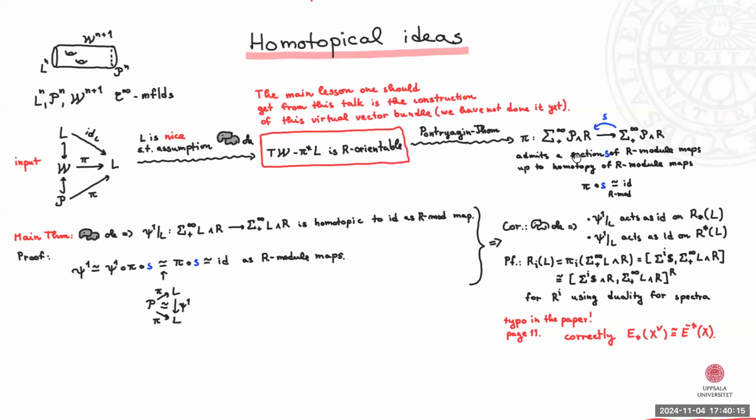Yeah, there is not a short way to explain it. In between those two ends of this Pontryagin-Thom line, there are a lot of pages of text, and I am not competent enough in homotopy theory to tell you a sleek way to do it. Let's chat about this later, maybe. Sorry, but this pi is induced from this pi here in some way. Yeah, I'm sorry. This is not a good answer.